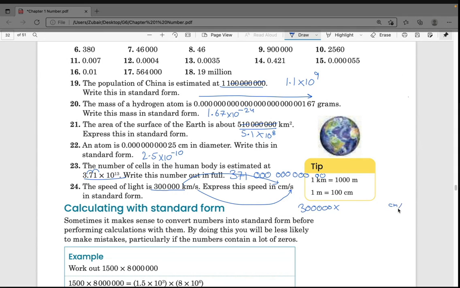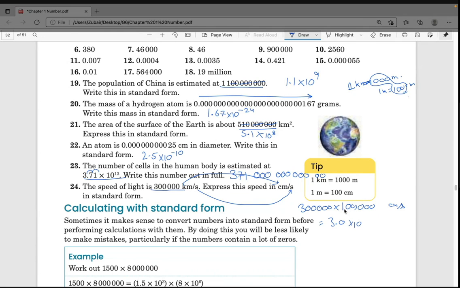1 kilometer is equal to how many meters? 1000 meters. And then 1 meter is equal to how many centimeters? 100 centimeters. So basically, kilometer to centimeter is 5 zeros. So this is 100,000. So 3.0 into 10 raised to power